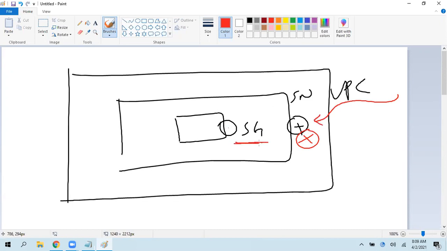Security group evaluation is going to happen here. Now, will this request reach our EC2 instance? No. At the subnet level only you're blocking. So it won't. Even if you allow here also, no use.